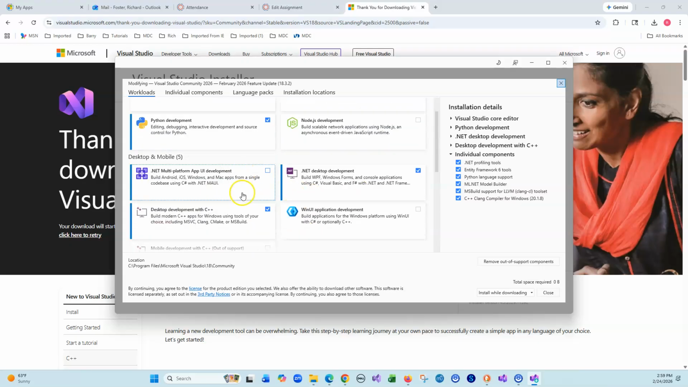Anyway, I will go to the desktop development with C++. Now I code in other development areas, so I have more, but all you need is the desktop development with C++. Don't select anything else unless you have a specific purpose for it. Once you do, choose install while downloading, and then it will allow you to install it. When it's done,